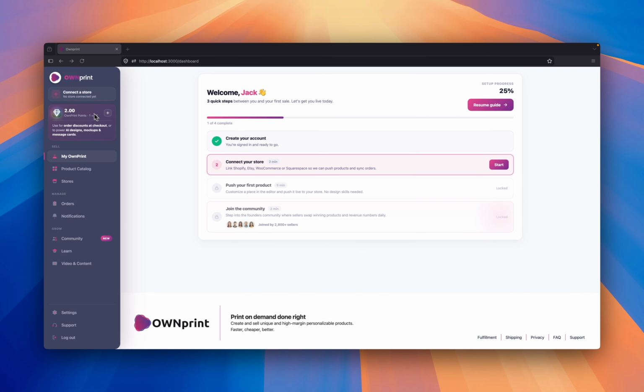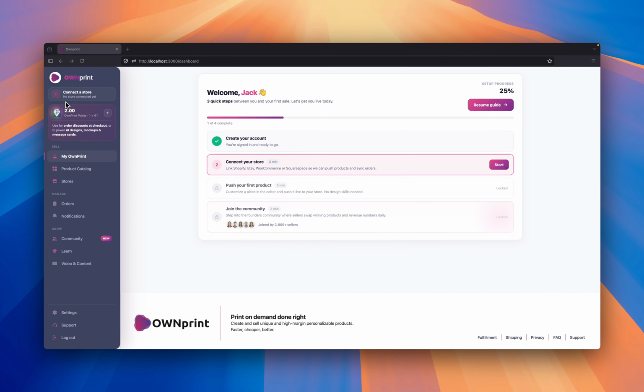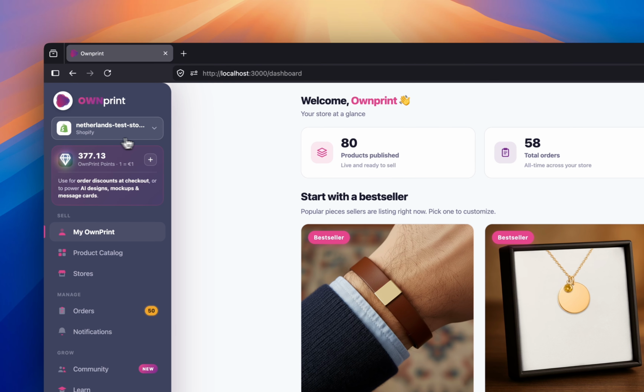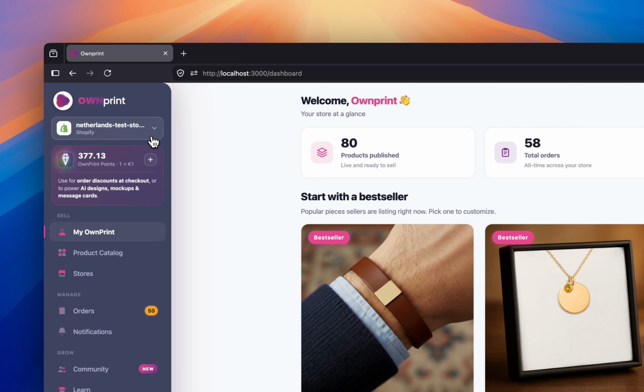Now, let's look at the menu on the left from top to bottom. At the very top, you'll see your store. If you haven't connected one yet, you'll see a Connect Store button. Once you're connected, this is where your active store shows. And if you have more than one store, you can switch between them here, so you always know which store